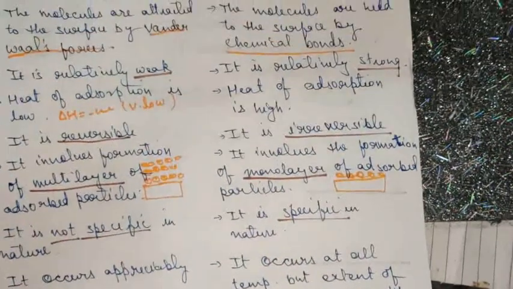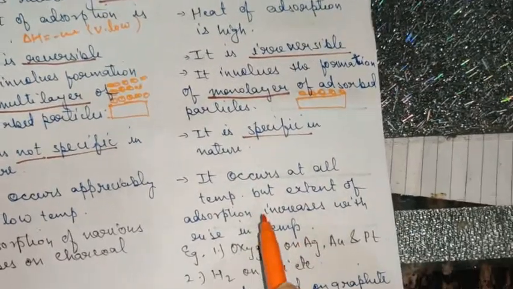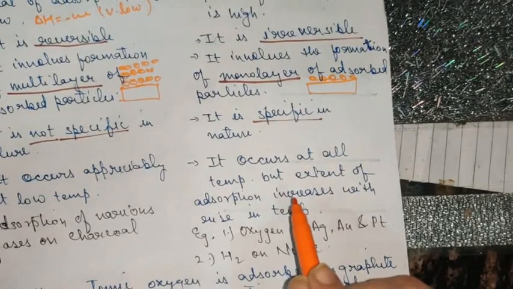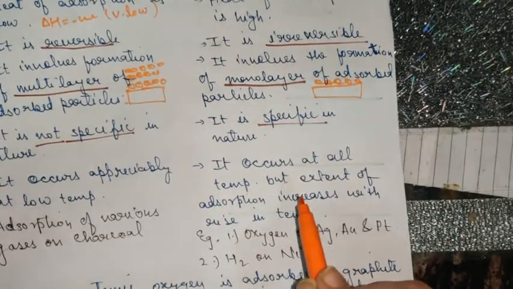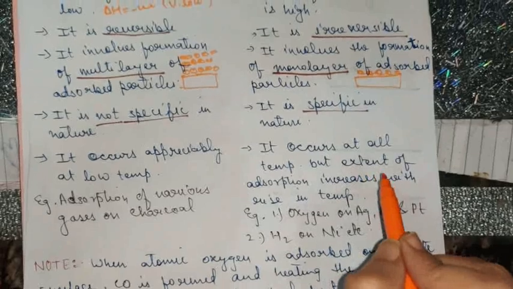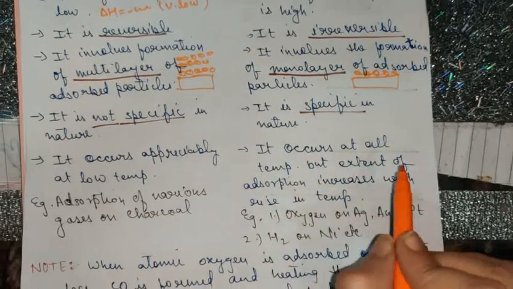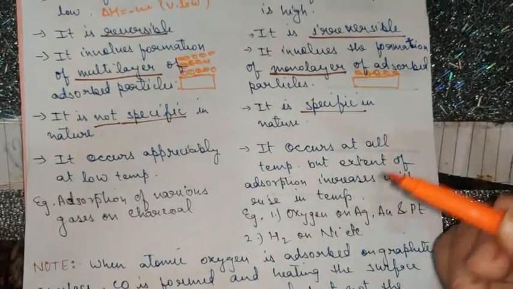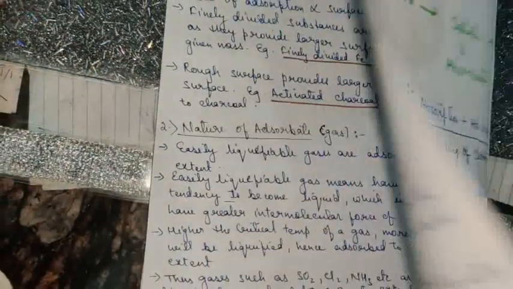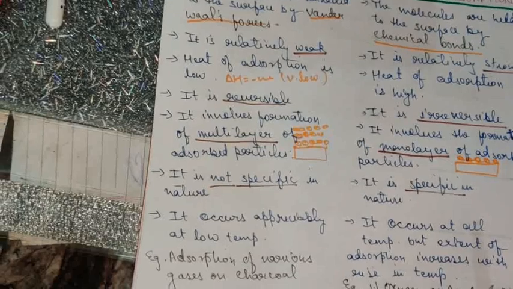And again telling you, children, in chemisorption, with increase in temperature, the rate of adsorption increases. But again, there is a certain range up to which the rate of adsorption will increase, because the surface availability is also a factor. Till the time surface is available, the rate will go on increasing, but once the surface is saturated with the adsorbate, when no more surface is available, the rate will start declining. Okay, so this much is over, children, the difference between physisorption and chemisorption.